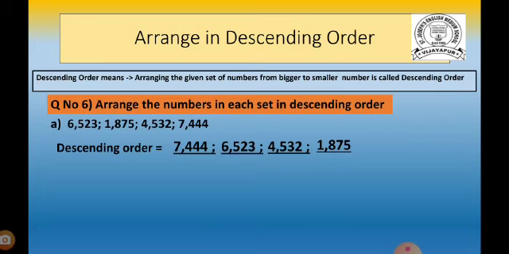Now we will move to the next part of our question, that is the standard form of the numbers. Write these numbers in the standard form. Children, here the question is given in the expanded form. So when the question is given in the expanded form, how do we write the answer? We have to write the answer from the ones place. In the ones place, what digit do we have? 3.